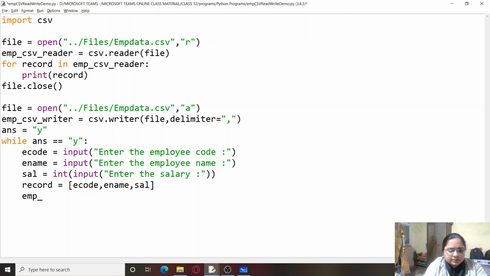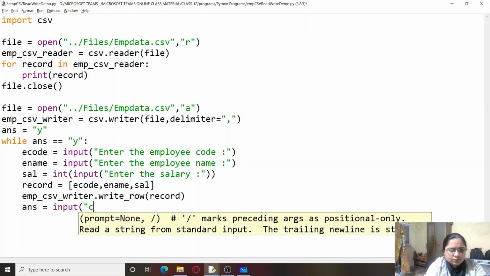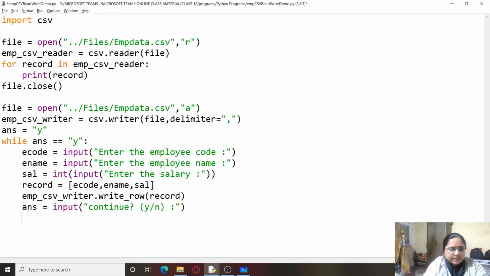emp underscore csv underscore writer dot write row. We'll use the write row function for doing this record. So using this we can write the values, and now we will ask from the user whether the user wants to continue or not. And if the user continues, then we will continue doing this work.